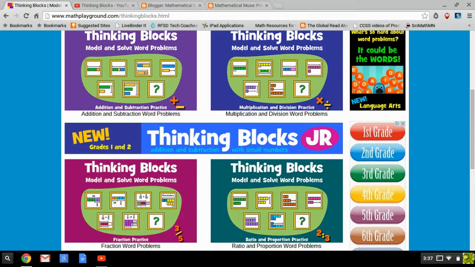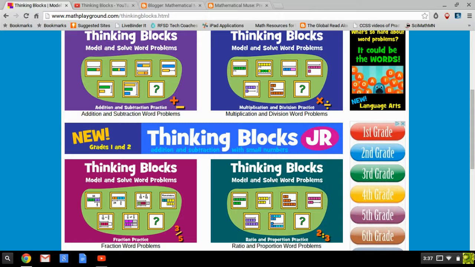Hey everyone, I would like to share a math resource with you today called Thinking Blocks. The website is mathplayground.com/thinkingblocks.html, and on this site students can use bar models or tape diagrams to solve problems, and you can choose the categories of addition and subtraction word problems, multiplication and division word problems, fraction word problems, or ratio and proportion